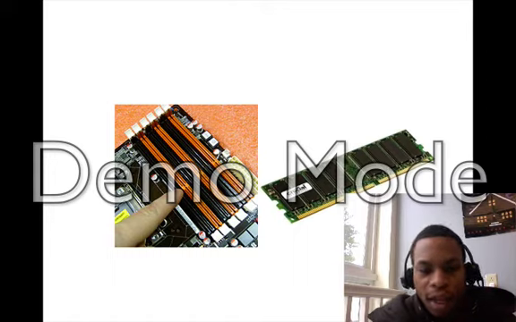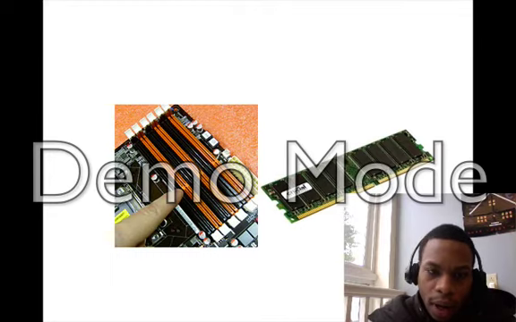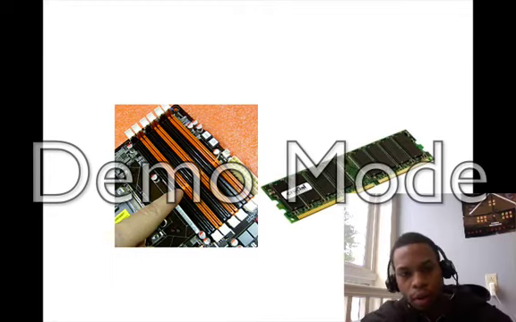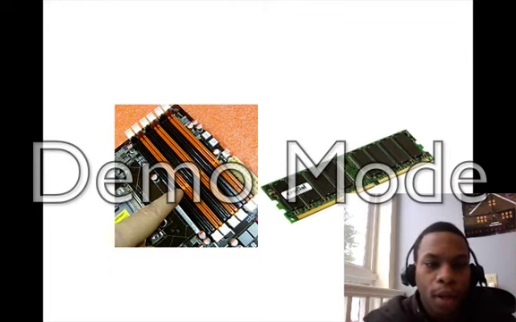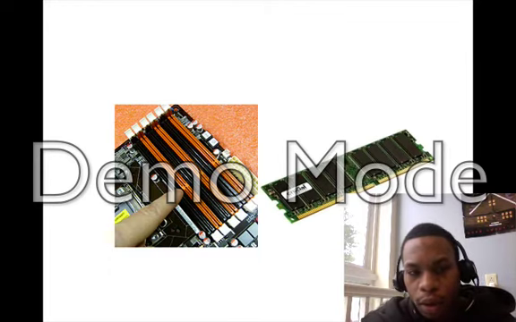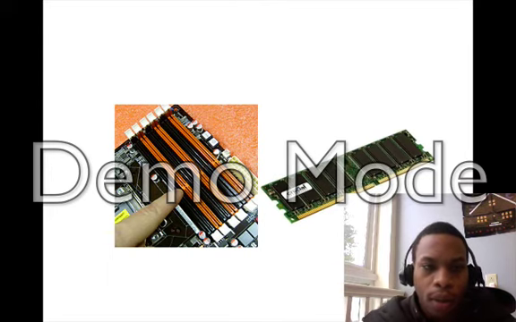Now, you want to take the motherboard out of the box, put it on top of the box, and start to assemble the motherboard separately. First, we put the RAM in. Random access memory goes into the slot that is shown on the screen. You have to open up the clips. Make sure that you're gentle when you're pushing the RAM in, and it should click when you hear it in